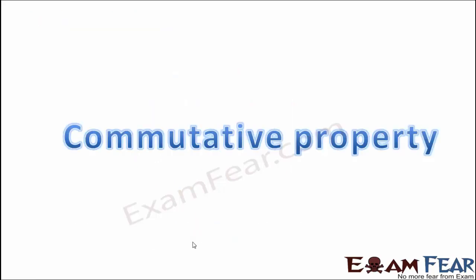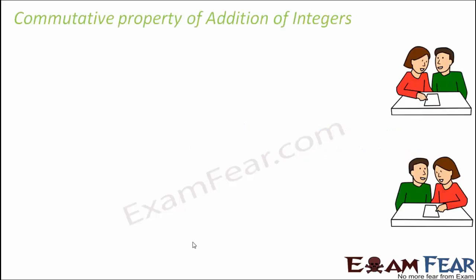Let us talk about the next property, that is commutative property. What is commutative property? By now all of you know what is commutative property. Looking at the pictures, do you recall anything about commutative property? See here what we do, we just interchange the position of the integers. Let's take an example. Let's add two integers. We take two integers 5 and -3. Let us add these two integers. So 5 plus -3 would be equal to 2.